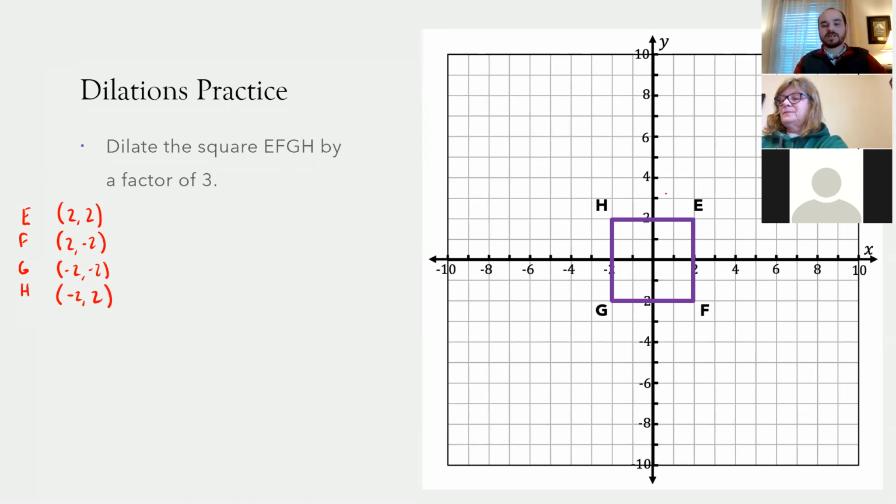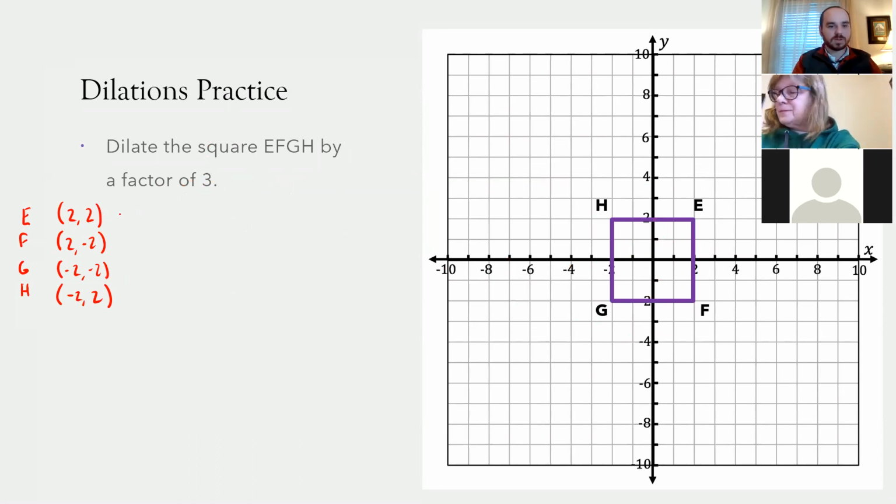Now, this is the first time we've had a shape that's actually in multiple quadrants at the same time. But you don't have to do anything different for dilations, which is what makes it kind of easy. All you have to do is multiply your points by the same factor. So we're going to do each one of these individually. I'll start with E prime, and then I want you all to try F prime, G prime, and H prime